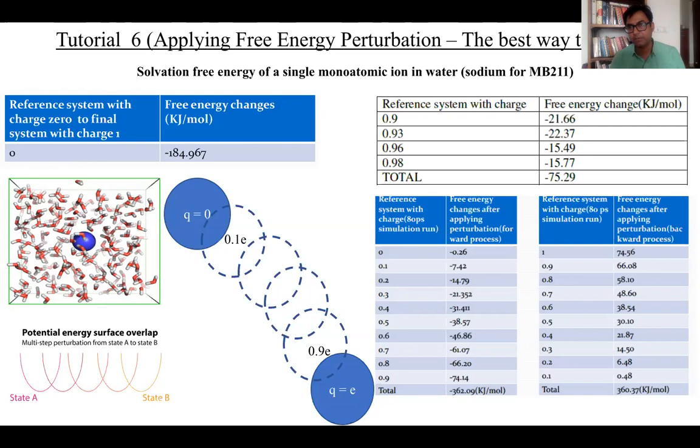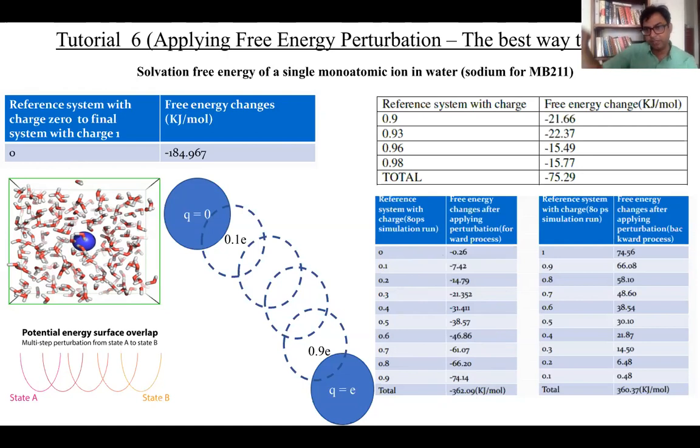And so they're sampling differently, but are there overlaps? And you see that there are very few overlaps. And so what we are going to do is run a bunch of simulations I'm going to provide you, and look at the free energy difference between, let's say, 0 and 0.1, 0.1 and 0.2, like this, and then just add them up, and we'll end up with a value that is 362 kilojoules per mole, which is what we got last time.